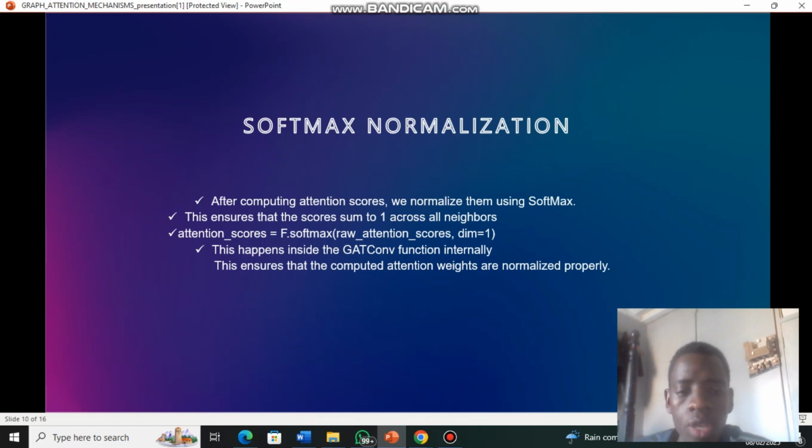So let's talk about this softmax normalization. The raw attention scores are passed through the softmax function, and then the dim=1 parameter means that the normalization happens across the neighbor dimension, and this ensures that the attention scores for the node's neighbors sum up to 1, and then normalization happens internally, as I have said. And then this step is very crucial in creating a proper probability distribution over the neighbors. So we are going to move on to